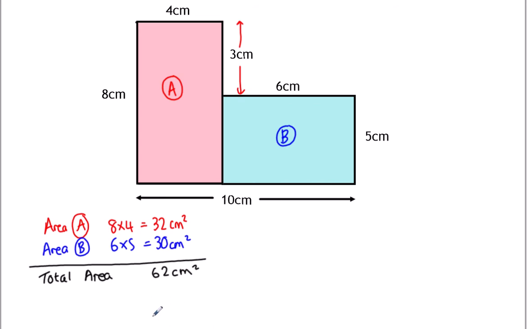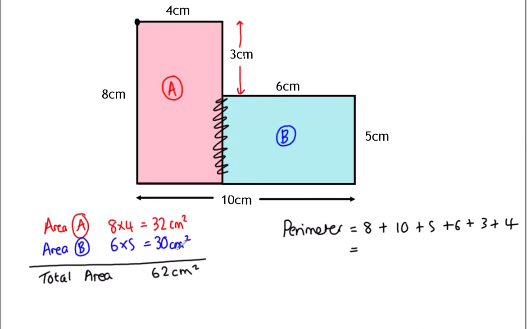So I didn't use the 3 and the 10 when I found the area, but if I'm going to do the perimeter as well, remember the perimeter is all of the outside edges. So if I start from up here and work my way round, it's 8, add 10, add 5, add 6, add 3, add 4. So all of the outside edges. You wouldn't include this one because it's not on the outside of the shape. 8 add 10 is 18, add 5 makes 23, add 6 makes 29, add 3 makes 32, add 4 is 36